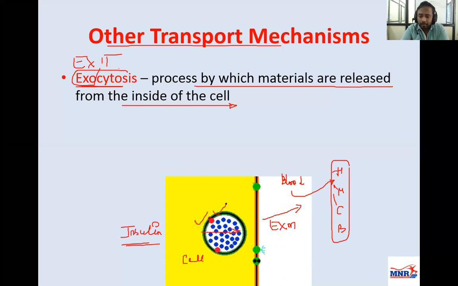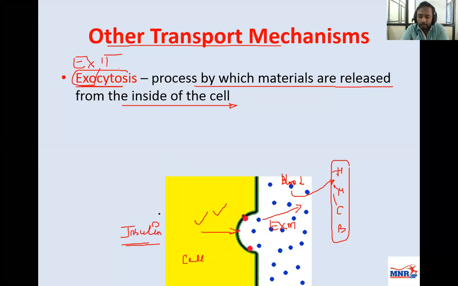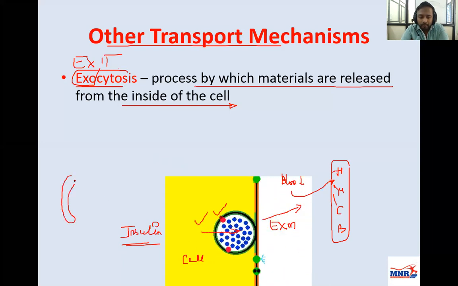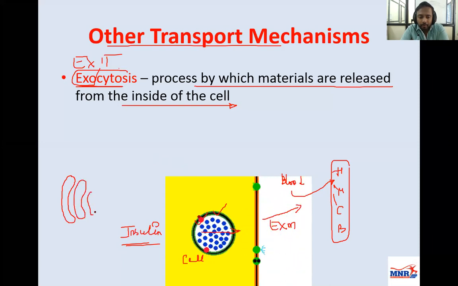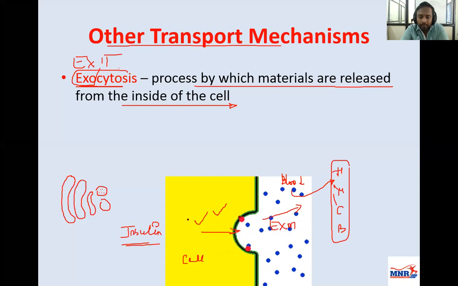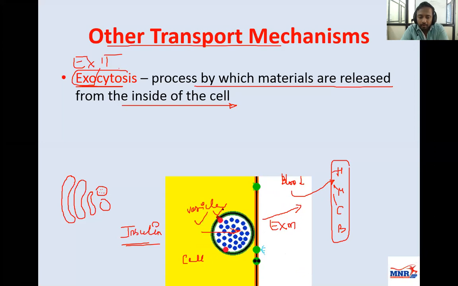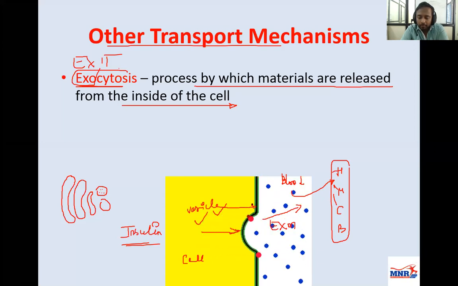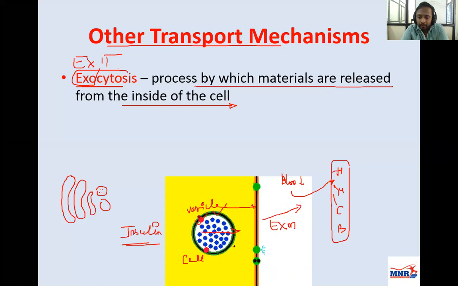These are packets. Where are they coming from? If you remember, the Golgi apparatus helps in the sorting of the proteins. Then they form vesicles. These vesicles are filled with the protein which needs to be sent outside the cell. This is the vesicle, filled with the protein. They go and attach to the membrane and integrate. If you see here, they are getting integrated in the cell membrane.